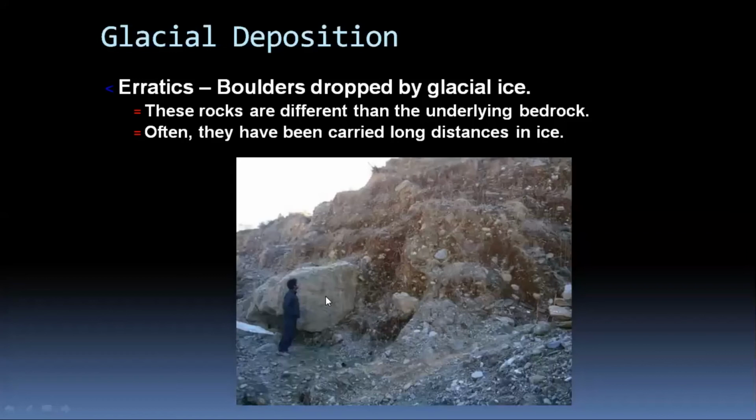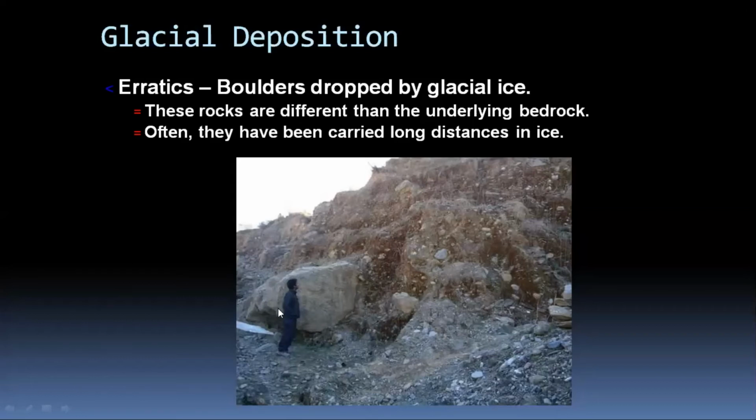here we can see bigger blocks, and these blocks are different from the underlying bedrock, and normally they are left by the glacial once the glaciers move from one place to another. Well, they just deposit these type of blocks, bigger blocks, we call it as an erratic. And if you go to some area and you want to see whether the glaciers were present in this area or not, these type of blocks are very good indication that these type of blocks cannot be transported by water or wind, only can be transported by ice.